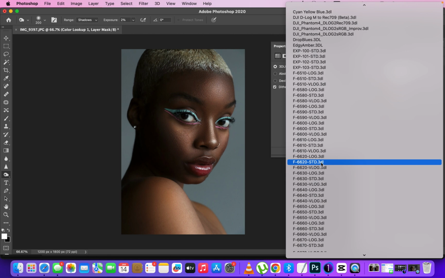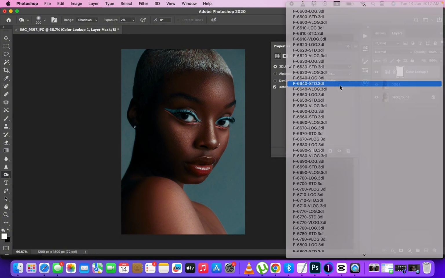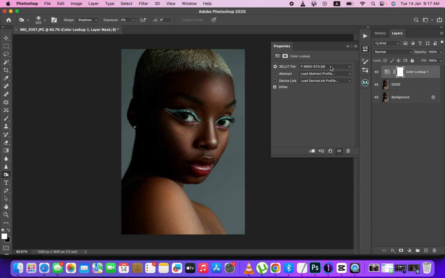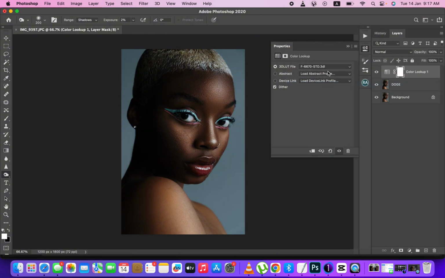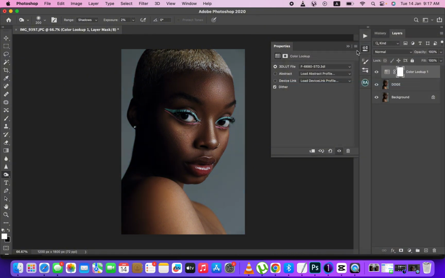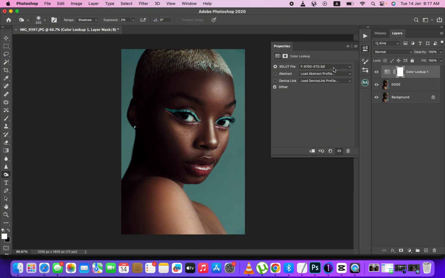So I want to apply a LUT. Let me see. Trying to look for what would look very nice on her. I have so many LUTs here, but by the time I've settled for the one that we're going for,